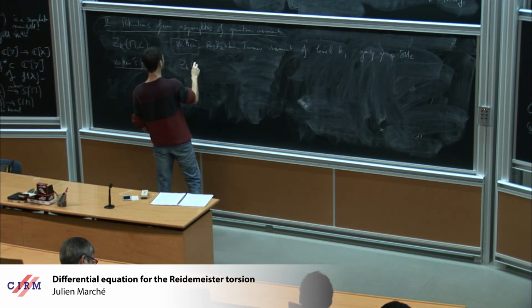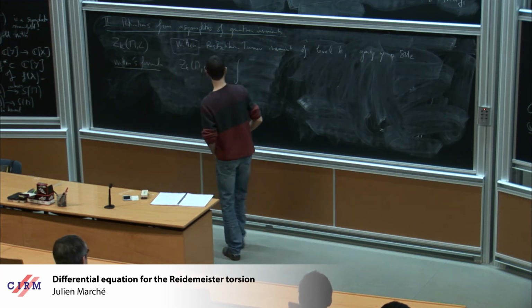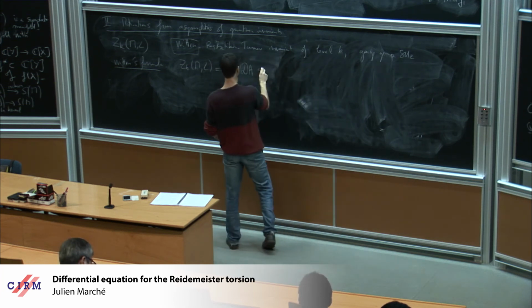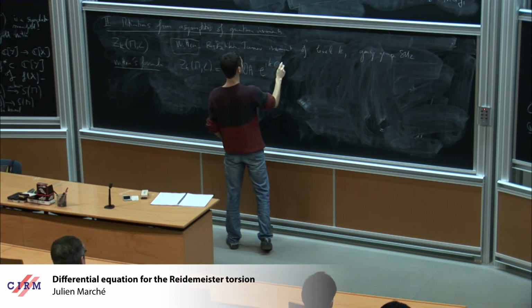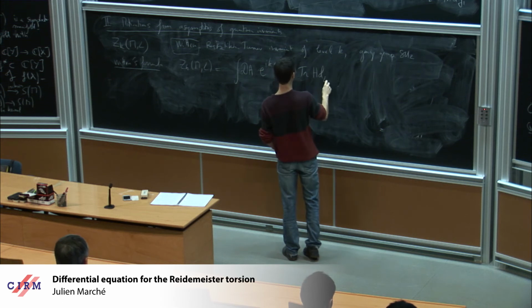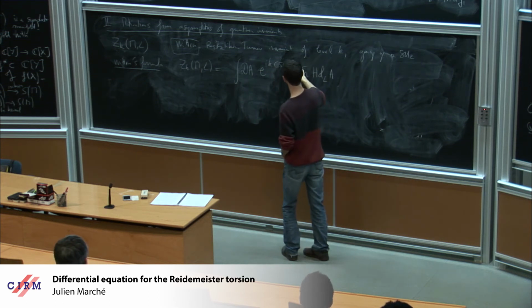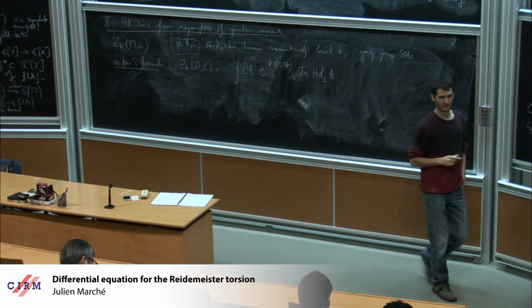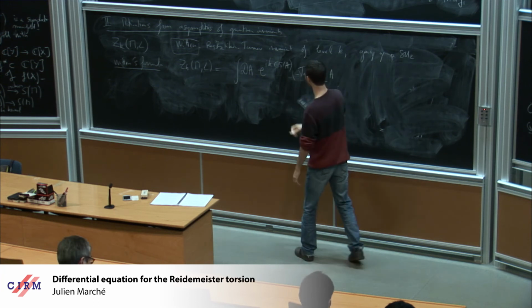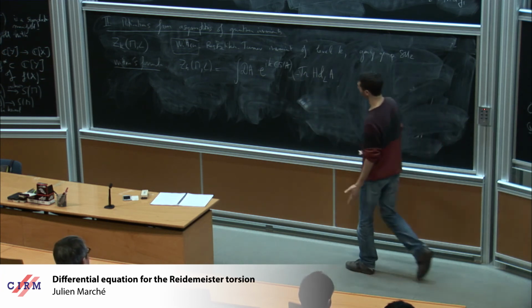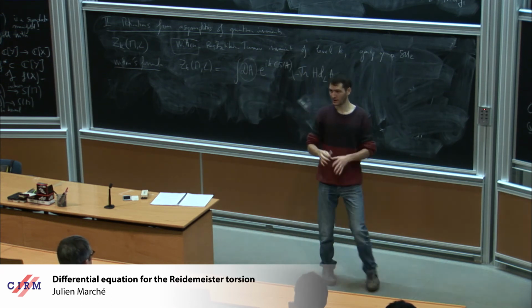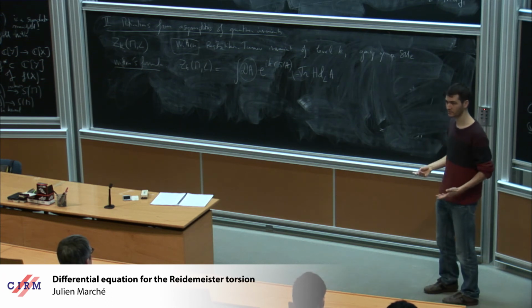So Z_k of M and L is a big, not rigorous integral here: e to the i k Chern-Simons of A, and here the trace of holonomy along L of A. I should put a minus, but I will remove it just not to save some time, okay? Times dA. The only thing which doesn't make sense in this formula is this integral. Everything else is completely rigorous, and you can really make computations.